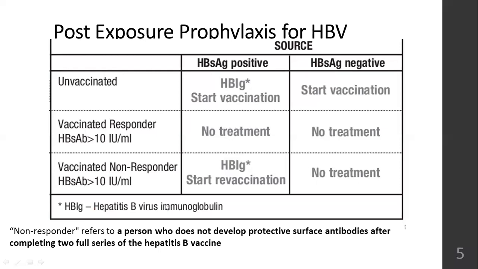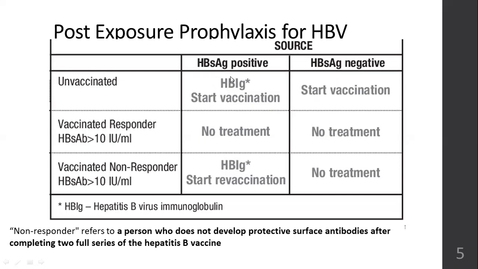So if the person who came in contact with the hepatitis B patient was unvaccinated, never in their life they took a hepatitis B vaccination, and you take their blood sample, you know that they have been exposed to a hepatitis B patient. You send the blood sample to the laboratory to test if it is positive or negative. HBsAg means hepatitis B surface antigen. If the blood report is hepatitis B antigen positive, which means the virus is there in the blood, the person who was exposed to a hepatitis B case has got infection, they have the antigen.